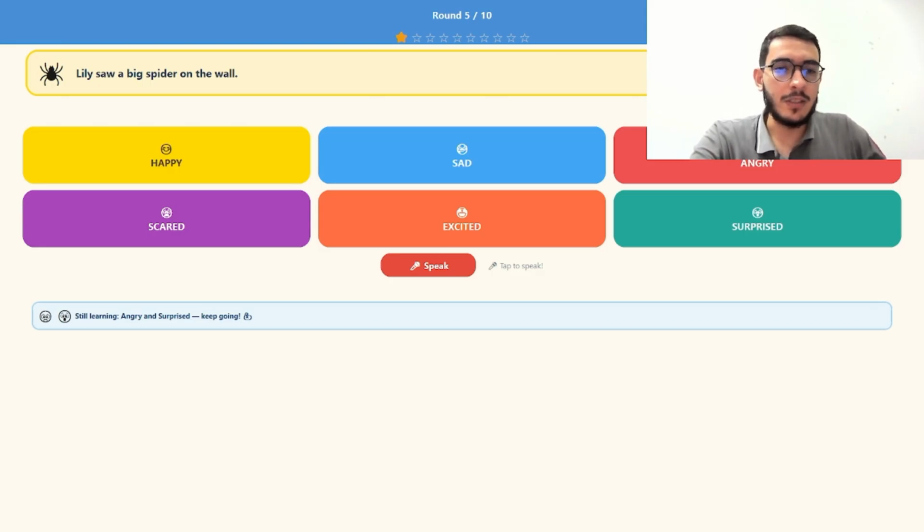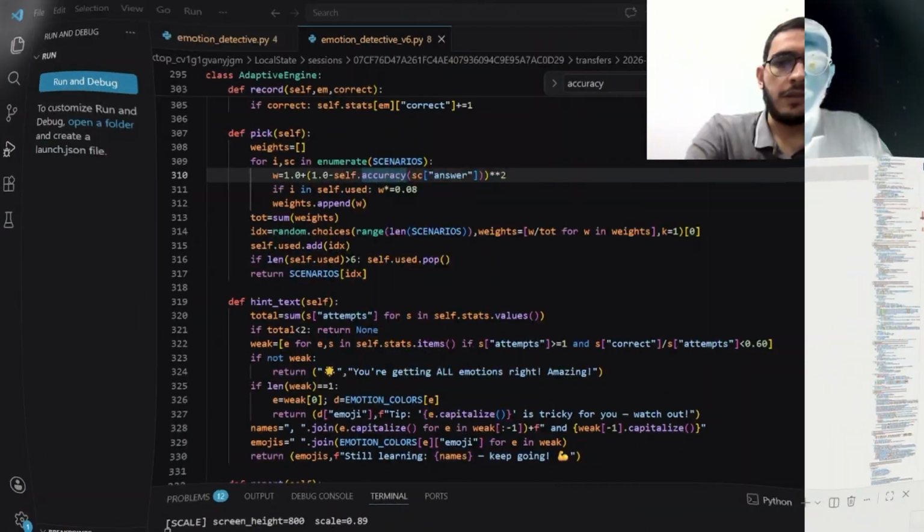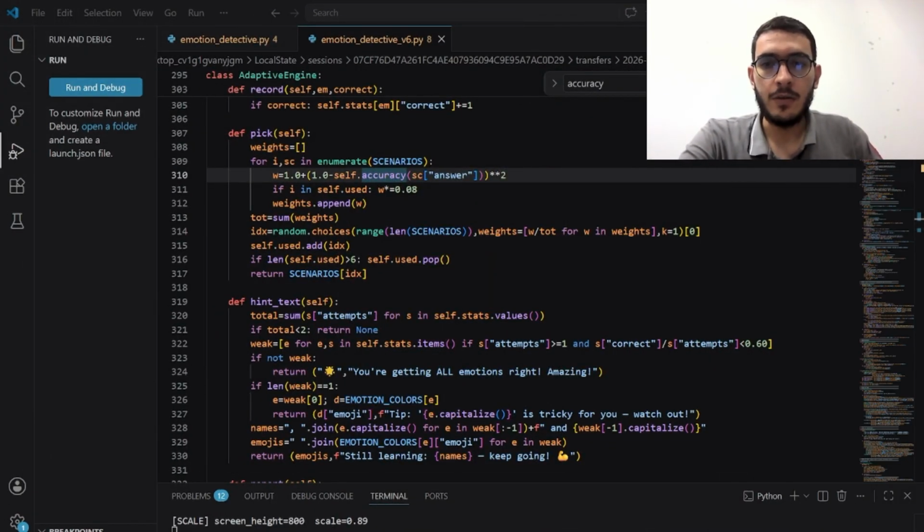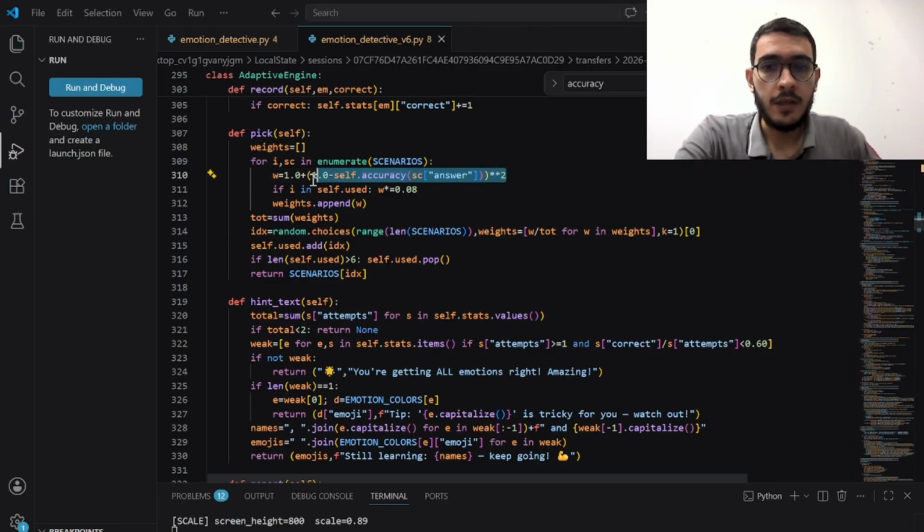So the smart part is the weighting formula. Emotions you are getting wrong get picked more often. The worse your accuracy, the higher the chance that emotion shows up again. Okay, and here we have our code. And we have this line here,